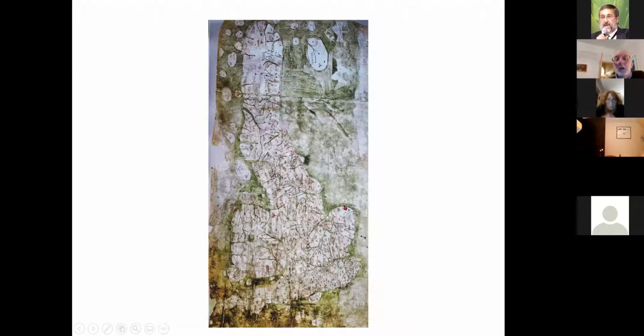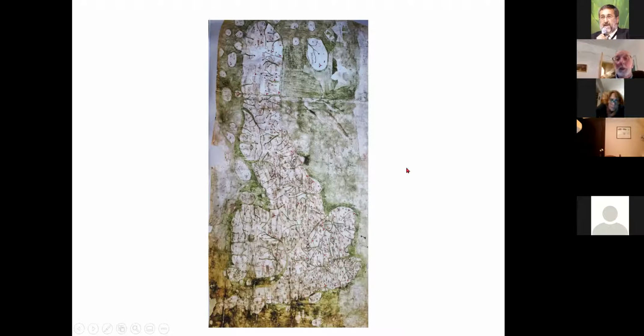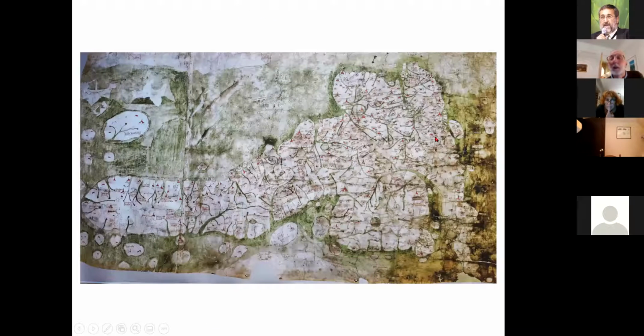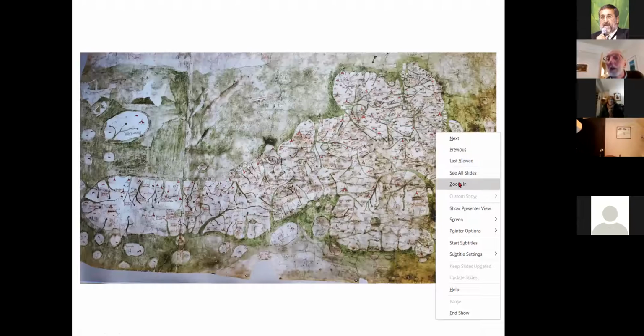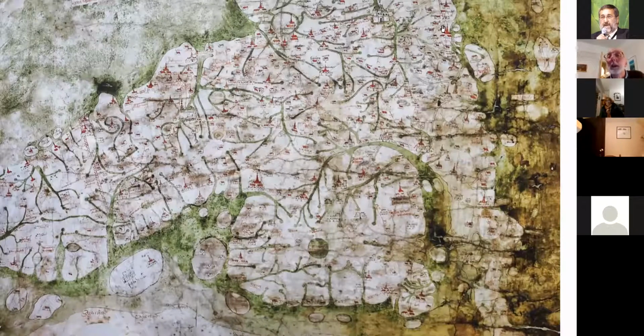So it seems as if the expertise in planning this map and drawing it up was centered around this area somewhere. The purpose of the map is unclear. It has routes on it. If I go back to the previous slide and try to zoom in on those, you'll see